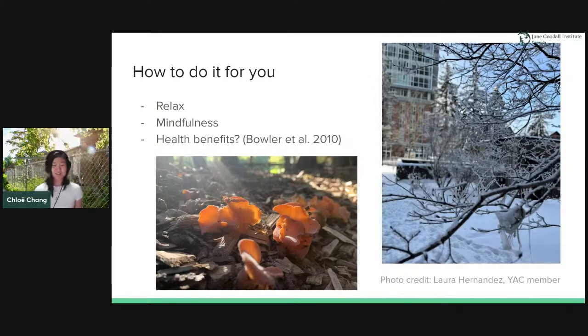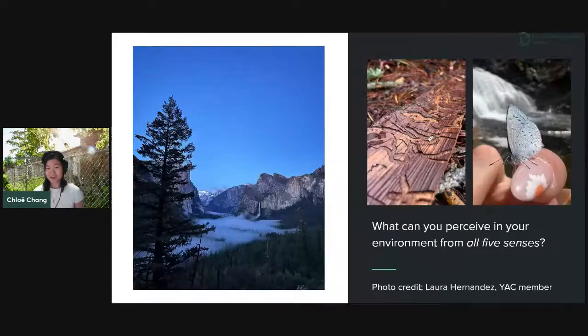Mindfulness exercises in particular are a great way to become in tune with your environment. And my personal favorite is 5-4-3-2-1, which involves embracing the environment with all five senses. And for those who don't know how to do it, I figured I would do one right now. So,